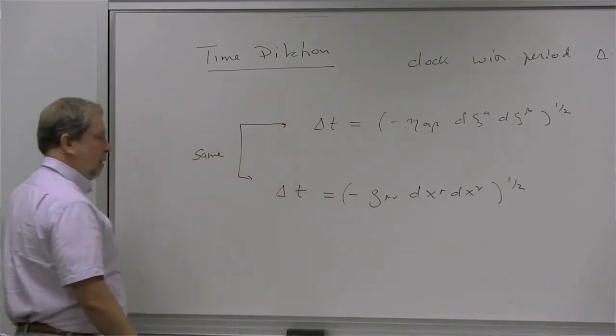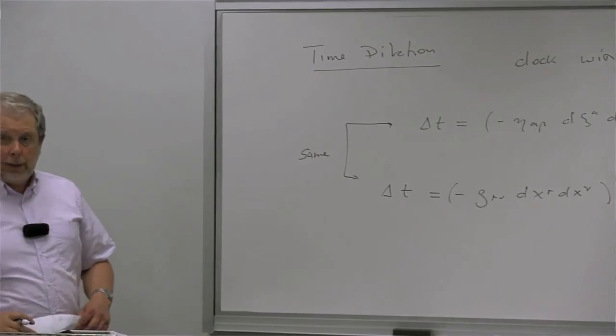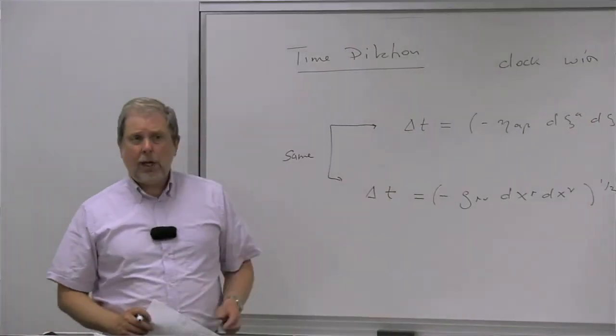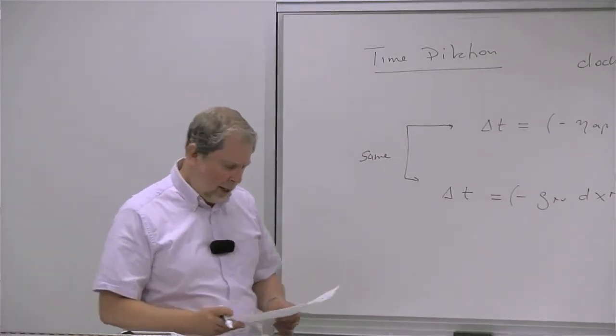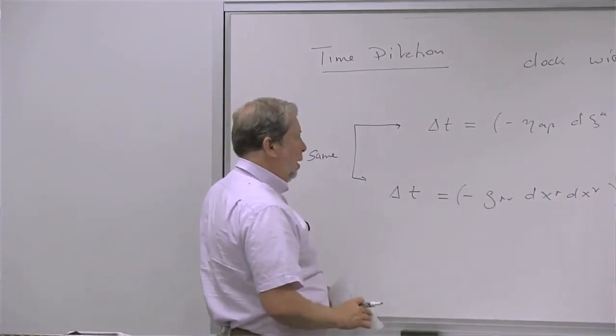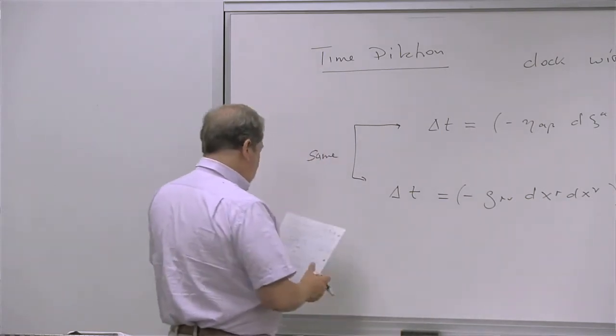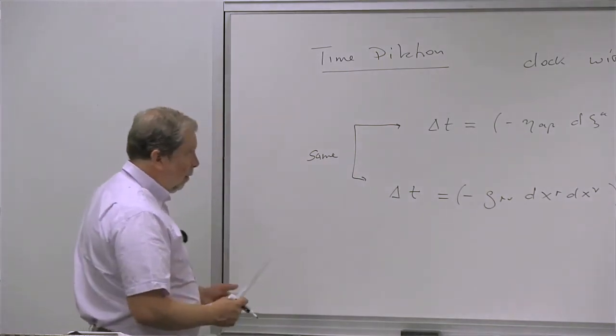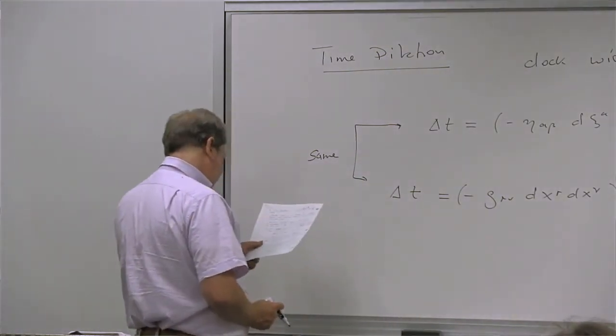These two quantities are the same because this is basically the proper time interval, and the proper time interval is always the same, no matter what observer you have, right? That's already true in special relativity, right? And so now we're going to equate these two to each other, right? And when we equate one to the other,